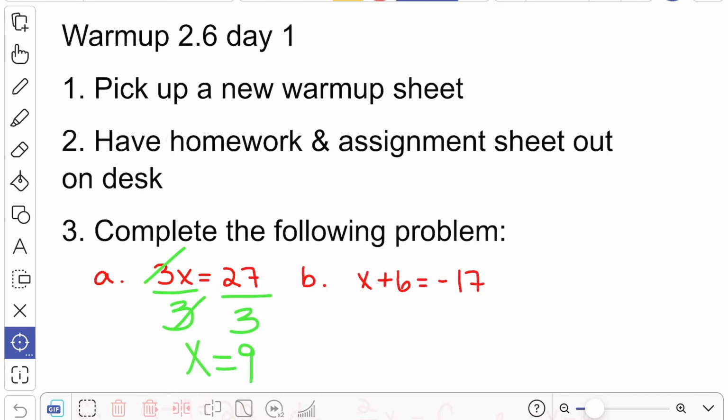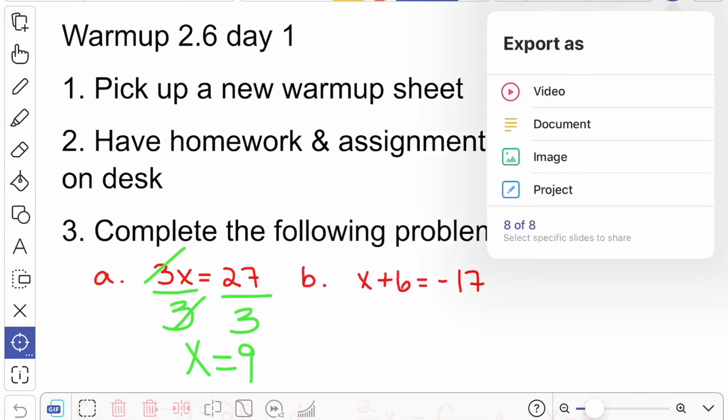So I've walked you through how to import a file, record, use some of the tools, and now I'm going to teach you how to export it to Google Classroom. So you're going to want to go to the upper right-hand corner. You should see the export tool. I'm going to click export,